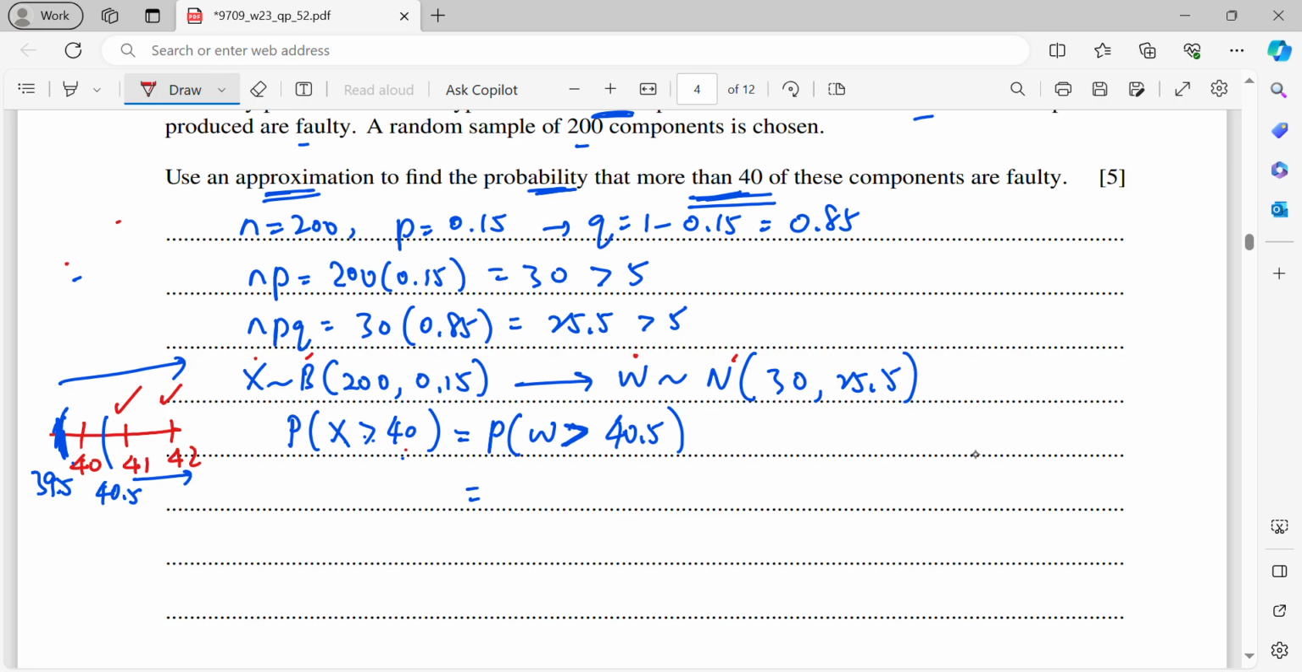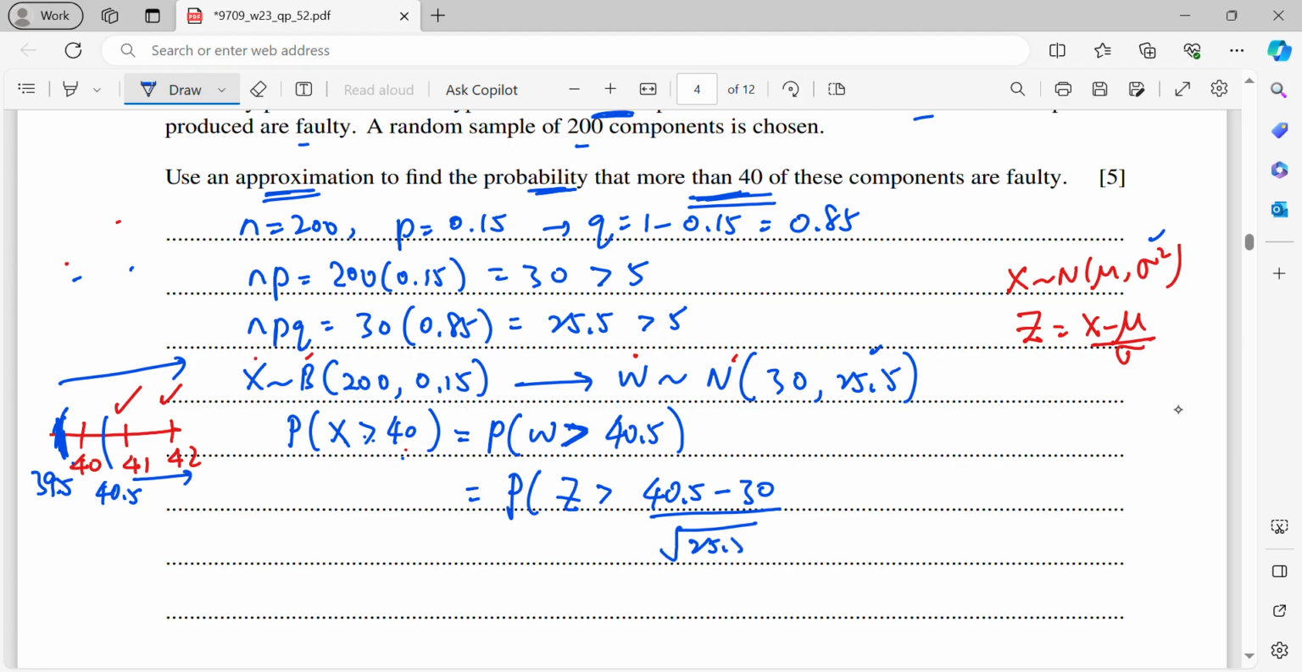So according to the formula, X is normally distributed with mean mu and variance sigma squared. We need to standardize it first before you use the table in the formula list. So you have to find the Z, which is equal to (X minus mu) over sigma. So now I will get P(Z more than (40.5 minus my mean, 30) over the standard deviation. The variance is 25.5, so to get the standard deviation, you have to take the square root. Alright, so that means here you will be getting the probability of Z more than